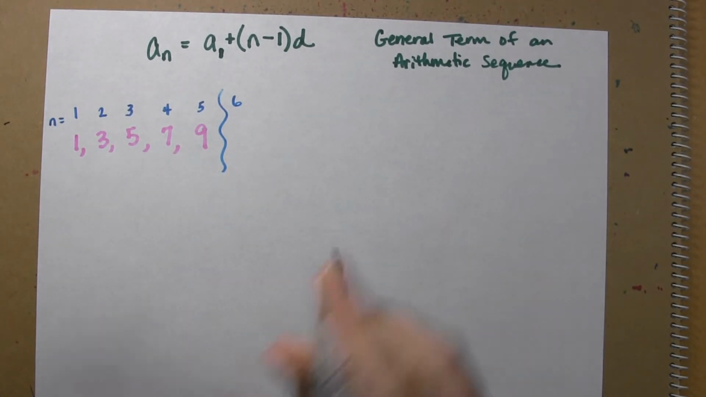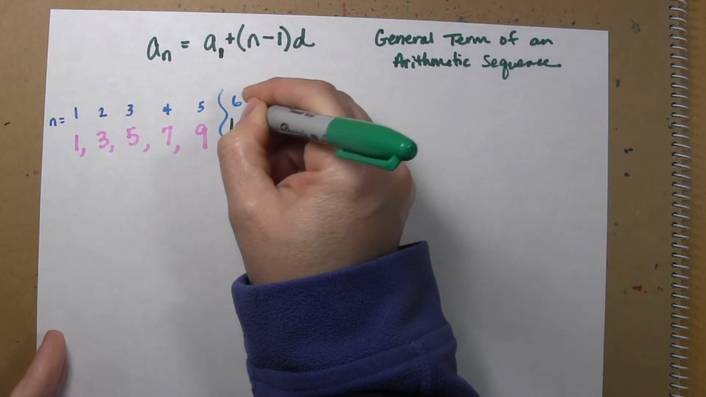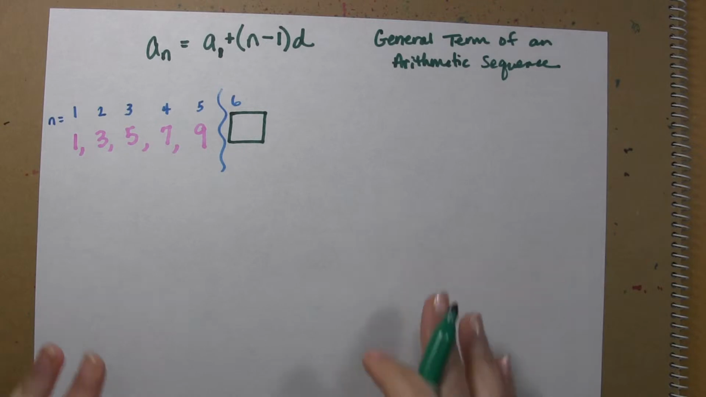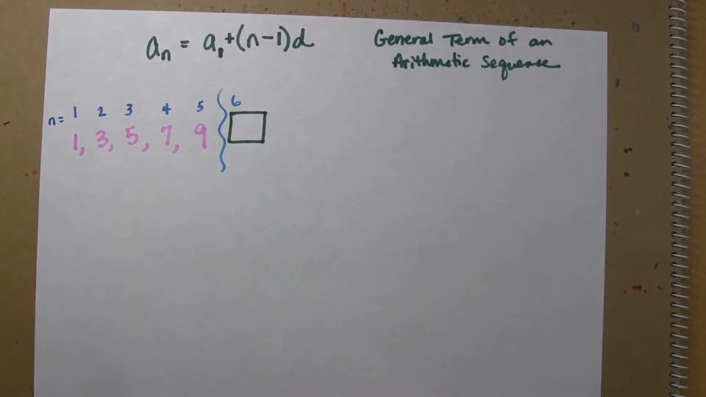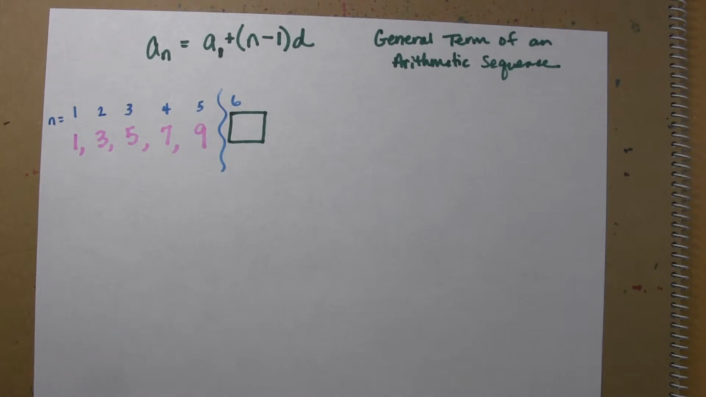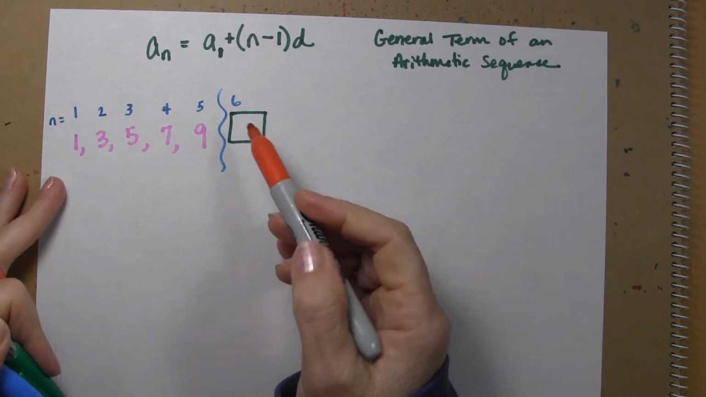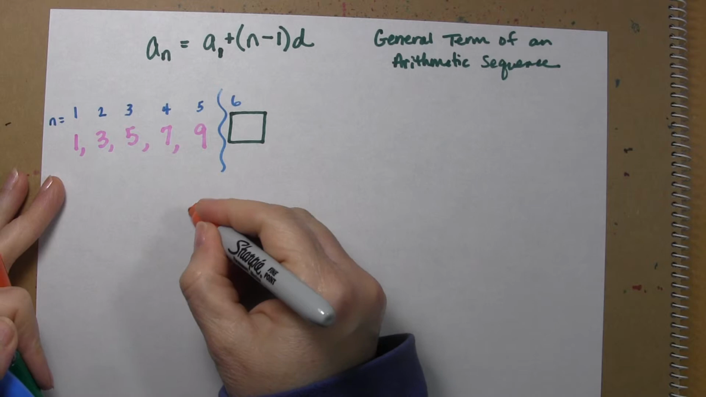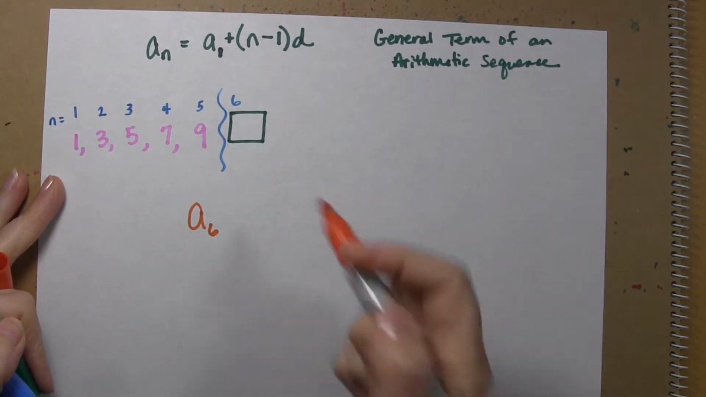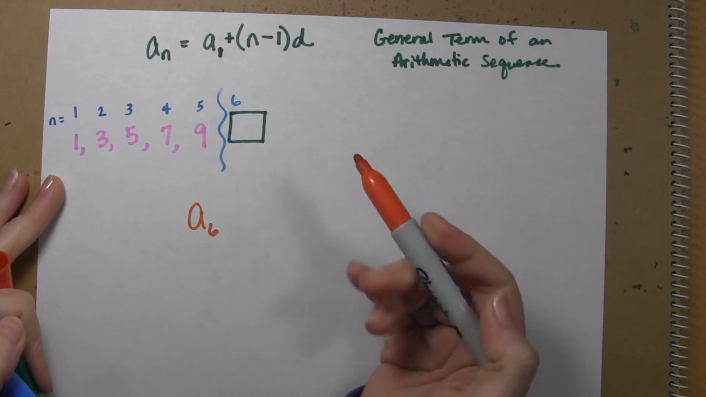Let's pretend that we are not well caffeinated, not feeling super smart, kind of tired, and we cannot look at that sequence and know that it's 11. No worries. We can use our general term to calculate that that is 11. So let's do that. So we're going to say a sub n, in other words, the sixth term of this sequence, because that's what we're trying to figure out is the sixth term,